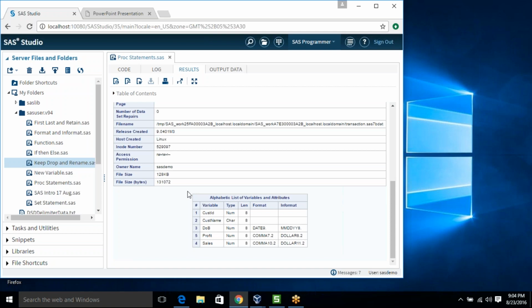I told you that 1st Jan 1960 is taken as the reference date, which is called the SAS date value, and then it takes the difference between your actual date and 1st Jan 1960 in terms of days. It can be on the positive or negative side. If your date is earlier than 1st Jan 1960, the number will be negative. So the format for date of birth is date9., but the informat is MMDDYY8. All the properties of the variables are shown here.